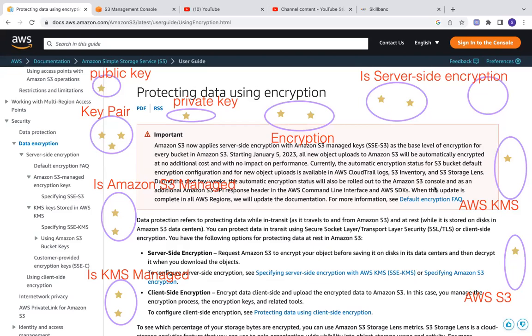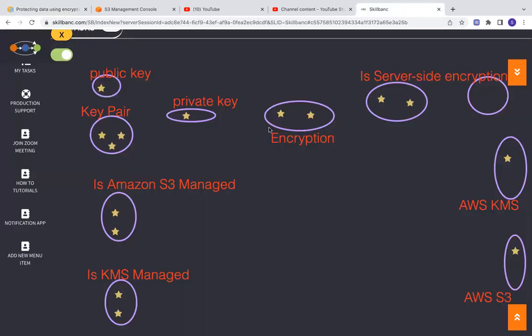Today we are going to talk about data encryption in the AWS S3 service. I have my circles representing classes and the stars representing the objects. That's my c1c2 diagram. So let's get to our c1c2 diagram. We have our account, and our account has the S3 service. You have KMS, the Key Management Service, and all other kinds of services. So from this S3 service, we're going to explore the